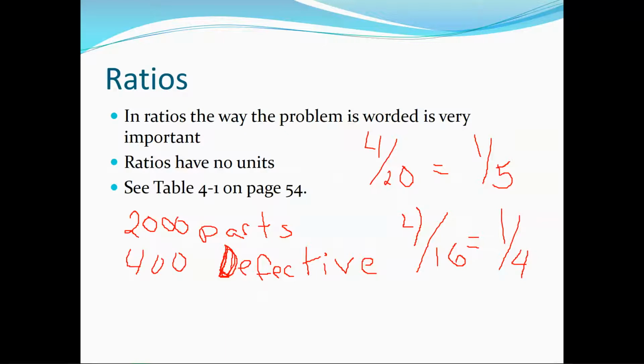Ratios technically have no units. Ratios essentially have no units, guys. But it all depends on how you're comparing these. So in this very first one, we're comparing what is my total product out of my total production, what am I losing? I'm losing 1/5 of my product in production. That sounds like I need to get somebody in maintenance and kick them in the behind so I can get them working on how to correct this.